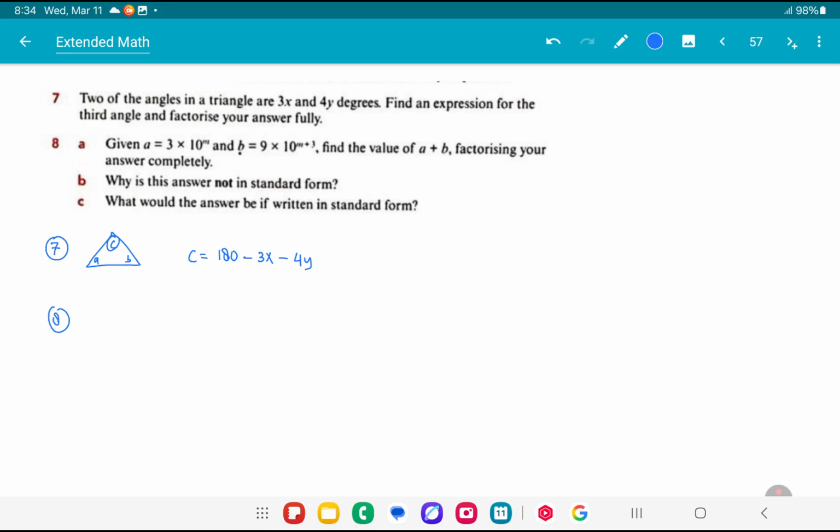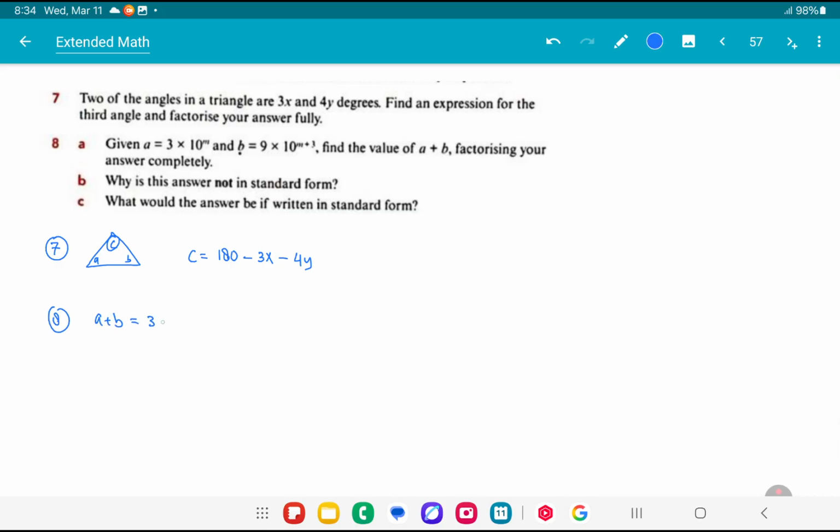Given A equals 3 times 10 raised to the power of m, B equals 9 times 10 raised to the power of m plus 3. Find the value of A plus B, factorizing your answer completely. So A plus B